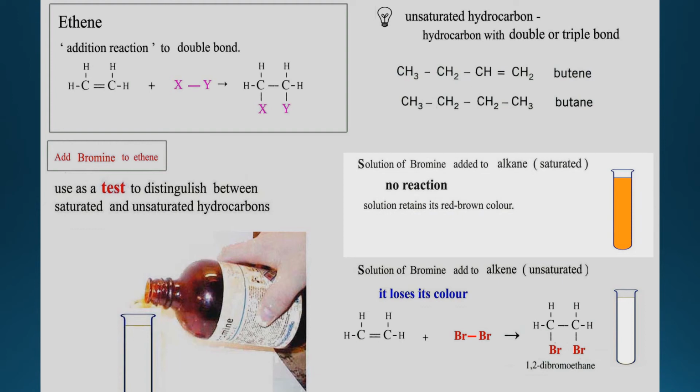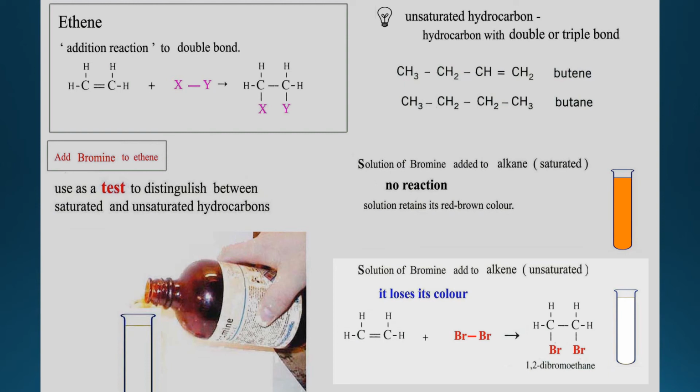If you put this dark brown solution onto the clear ethane solution and mix it together, it will simply turn into a lighter color, as when you put some dark Ribena into water, it becomes a lighter color. So there is no chemical reaction you can see. This happens to all saturated hydrocarbons, single bond. And now let's look at the bottom one. If this is a double bond alkene, unsaturated,